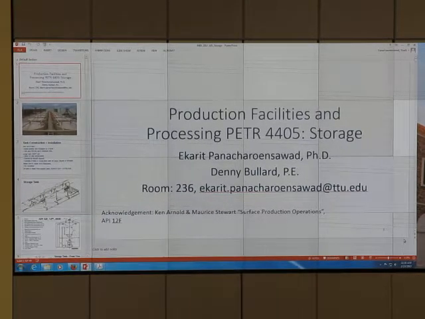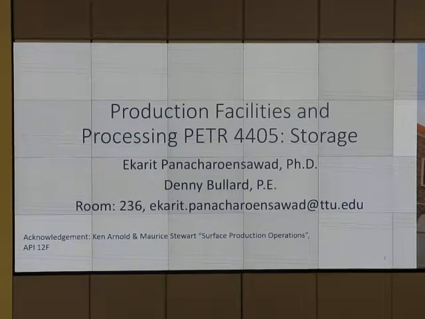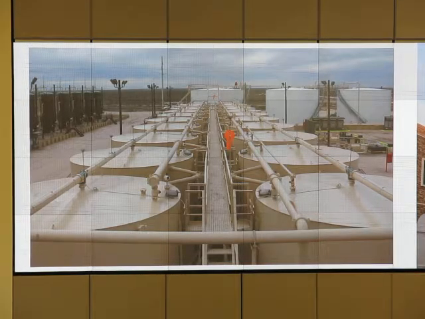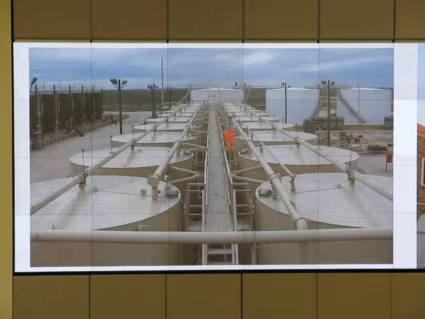Let's do storage quickly. This is a tank battery, Pioneer tank battery. On the top, you see a pressure transmitter, and you see a deep hatch. This pressure transmitter can tell you the level, how much is in the tank. And you have that orange thing. What do you call that? To tell the wind direction. Wind. Oh, okay, it looks like a sock.